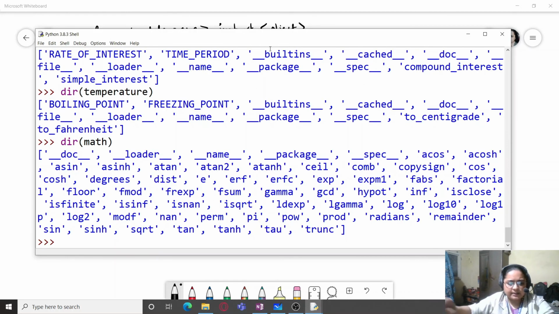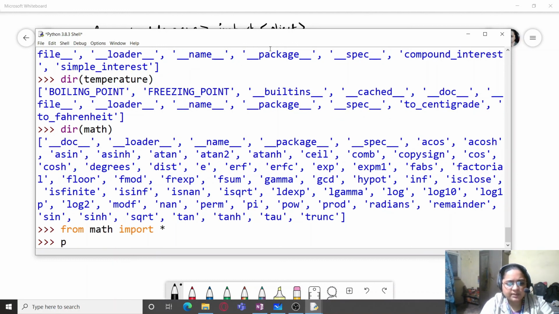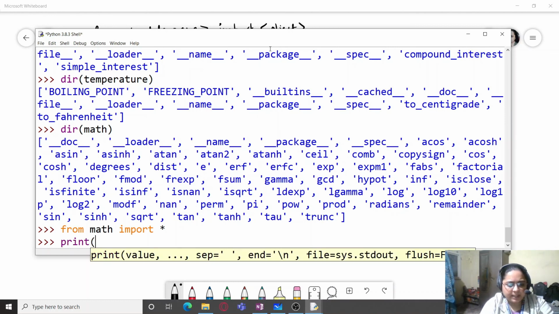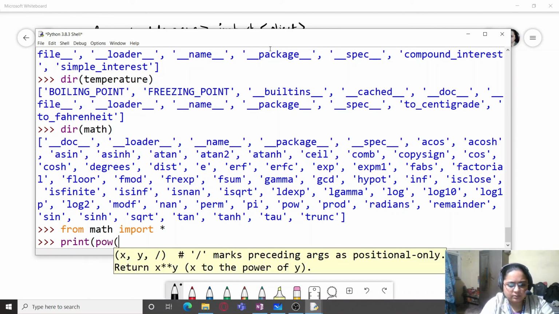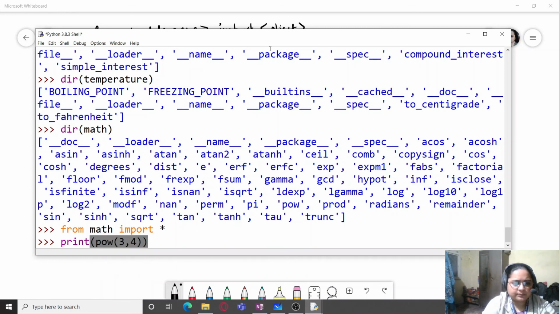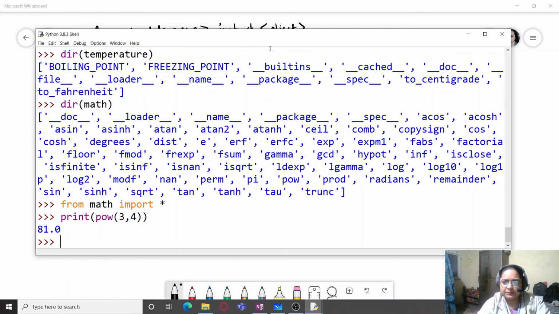I have already imported math here. So I am just going to type here from math import asterisk. And now I am just going to print pow 3 comma 4, and it gives me the value.